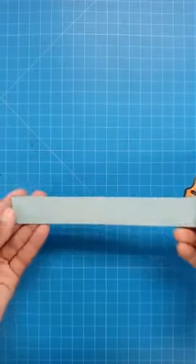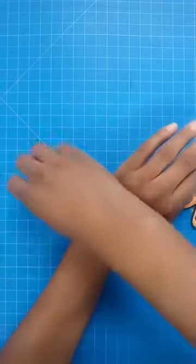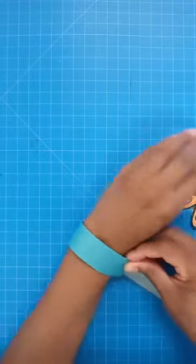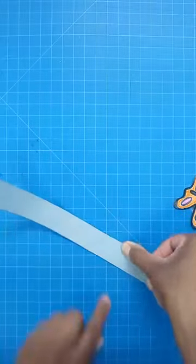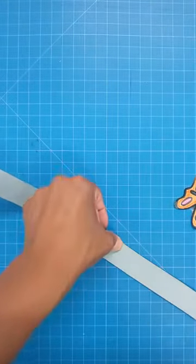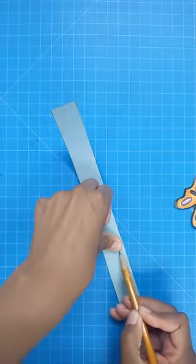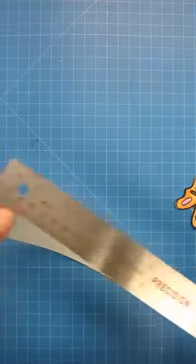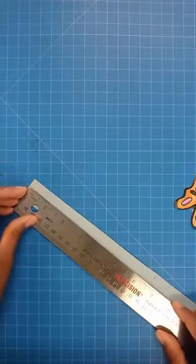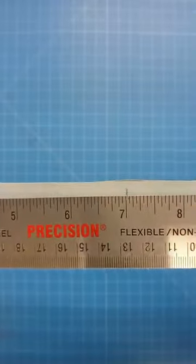So to get your wristband to be the size that you need it, you just want to lay your arm down and wrap it around your wrist like this, and then I just kind of put my finger where I had it, where this end met the strip, and made a very light mark. And then I'm going to grab my ruler and measure that. So mine comes just under 7 inches, so I will round it up to 7 inches,